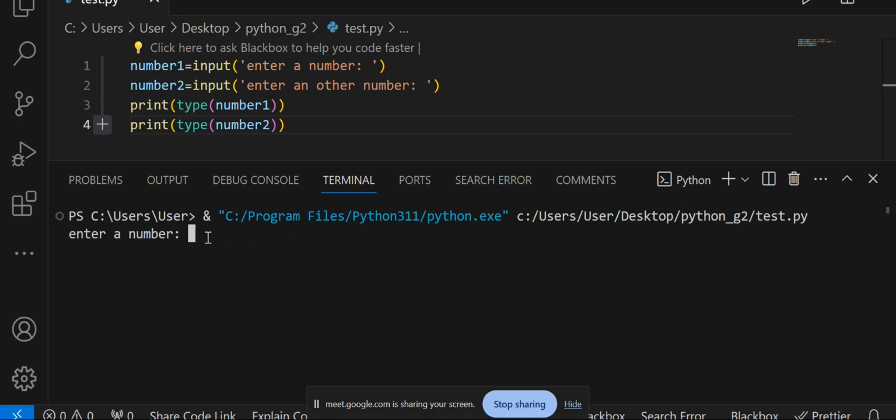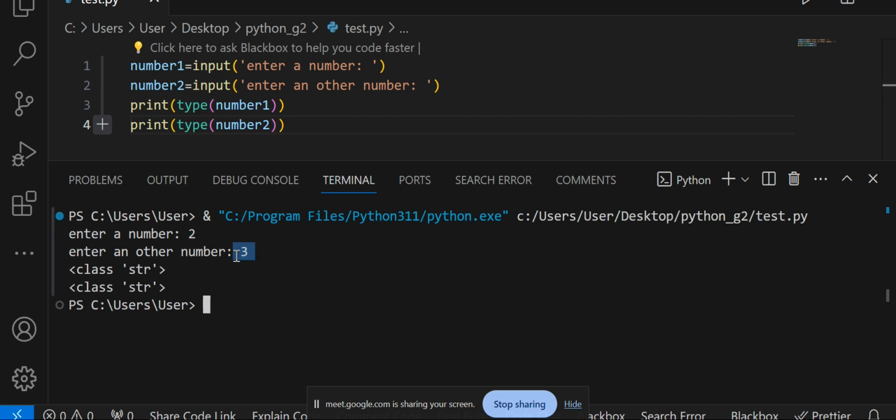So enter a number, let's say 2, another number 3. As you can see, the class is string, str, so it indicates its type as a string. Also, this is an integer, and also this is an integer, right? So when we are